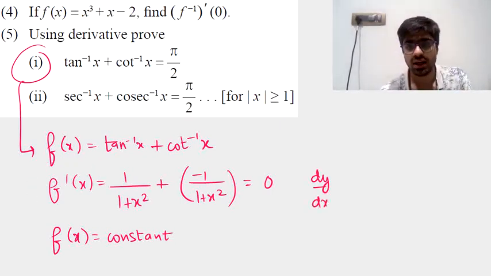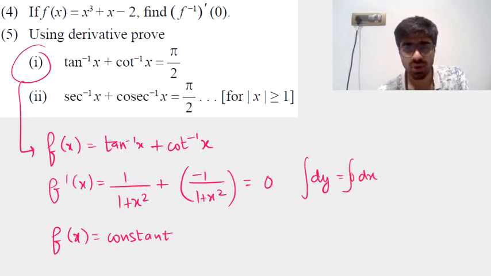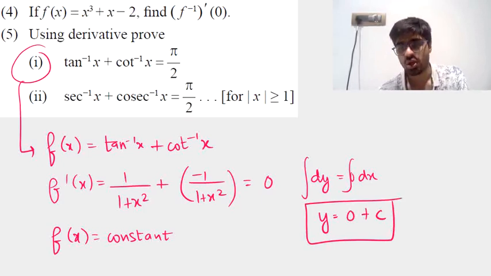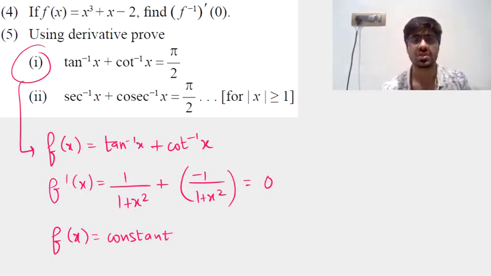In case you don't understand what I'm trying to convey, f dash x is dy by dx, and if dy by dx is equal to 0, then you can take dx to the right, and you can simply claim that dy is equal to 0, or let's call it 0 dx. If you integrate both the sides, here it will be integration 1, which is equal to y. Here it will be 0 into anything, which is equal to 0 only, but then there will be a constant of integration c. So y equal to c is the final function, that is y equal to constant, or in other words f of x equal to constant. That's what the function is when the derivative is equal to 0. In short, if the derivative of a function is 0, the function is a constant function.